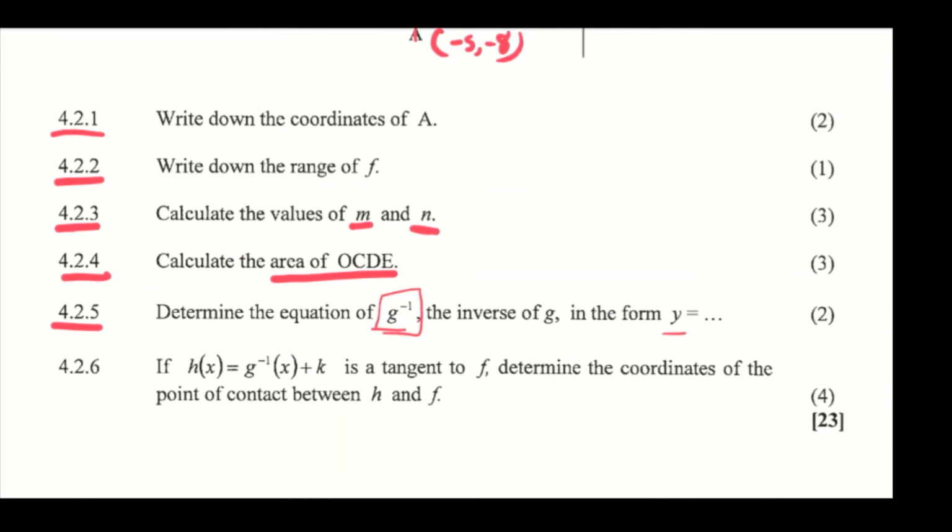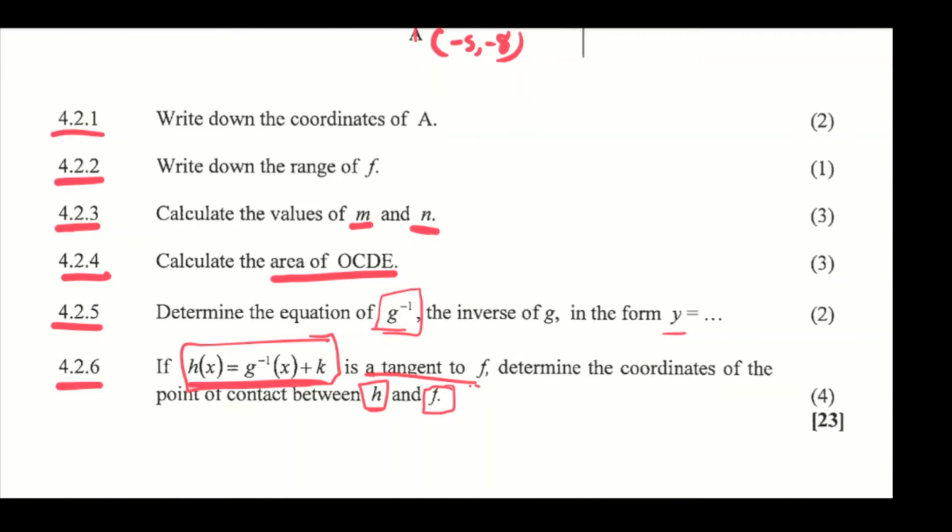So now 4.2.6, we are told that if h of x is equals to the inverse of g plus k, if this is a tangent rather to f, so if this whole thing here is a tangent to f, determine the coordinates of the point of contact between h and f, right? So the point of contact,